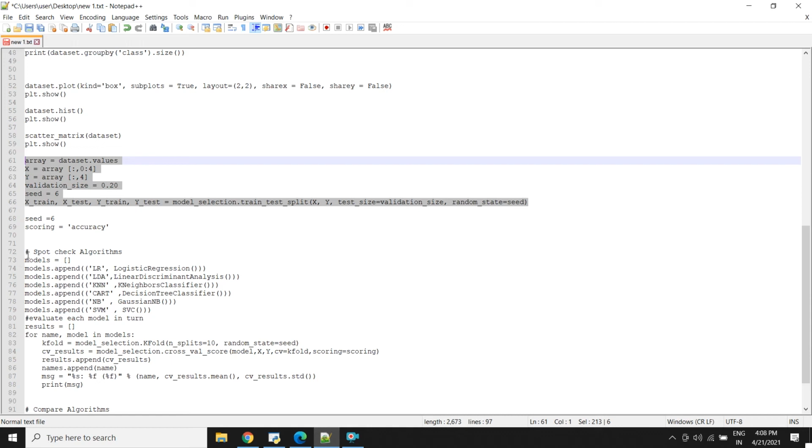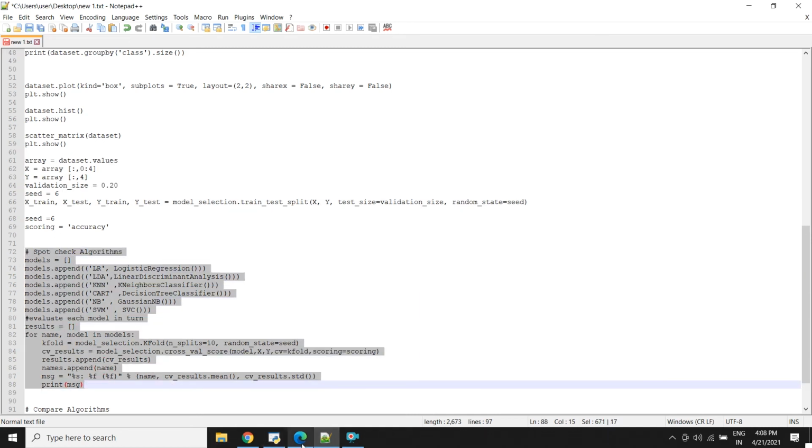We reset the random number seed before each run to ensure the evaluation of each algorithm is performed using exactly the same data splits. It ensures the results are directly comparable. So let me just copy and paste it.